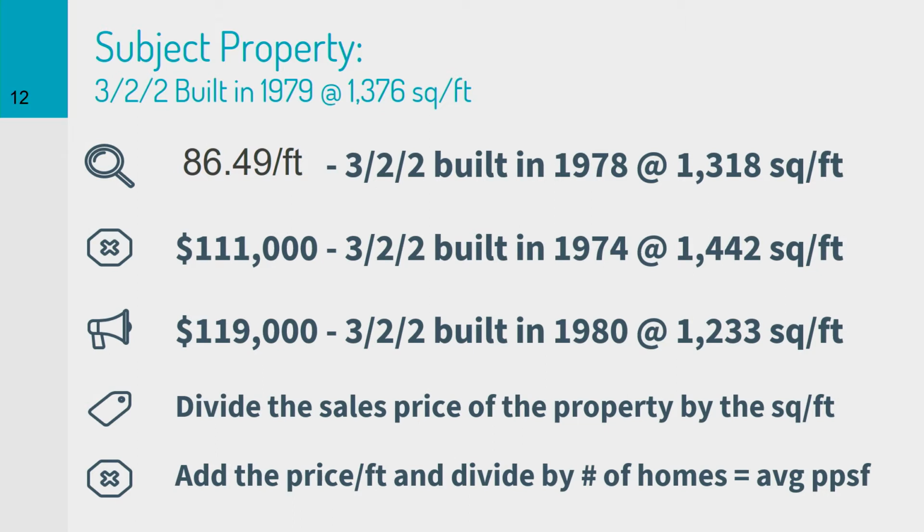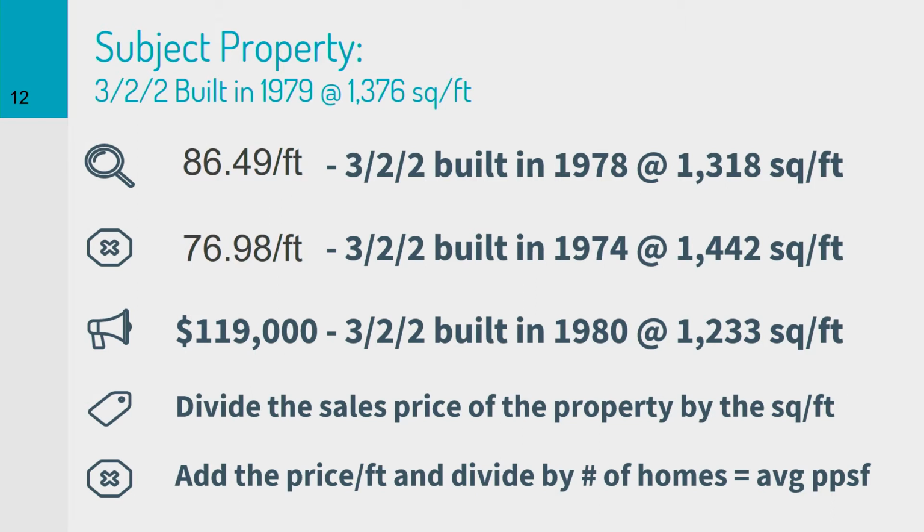$86.49 is what we're looking at here per foot. All right, on this second property, it sold at $111,000 at 1,442 square feet, but how much did it sell for per foot? This particular property sold for $76.98 per foot. A little bit lower than that first one. Why? We don't necessarily know. That might be something we need to look further into the data for. Maybe it was sitting up against a busier road, or maybe it was just a perfectly fine property in the first property that sold for $86 a foot.